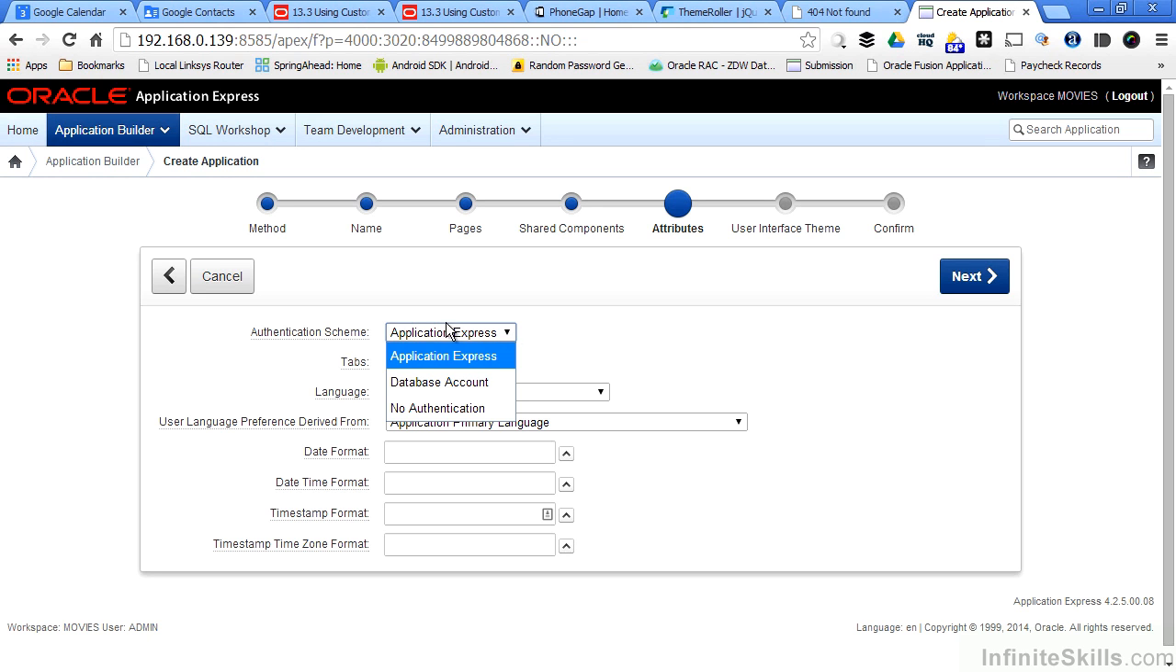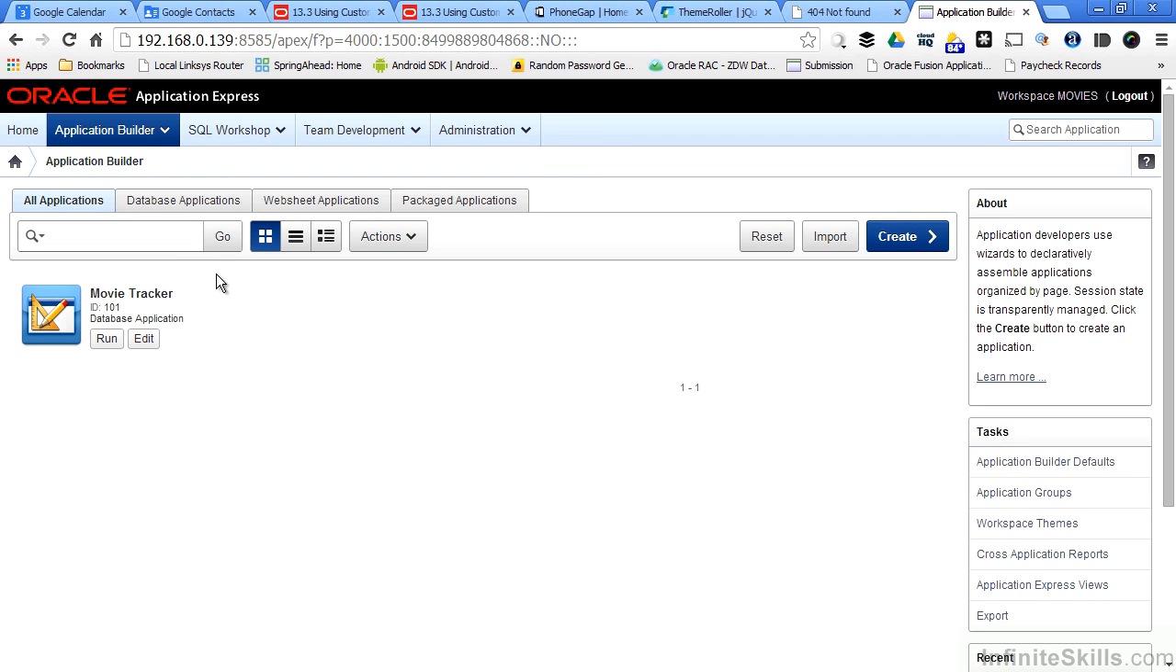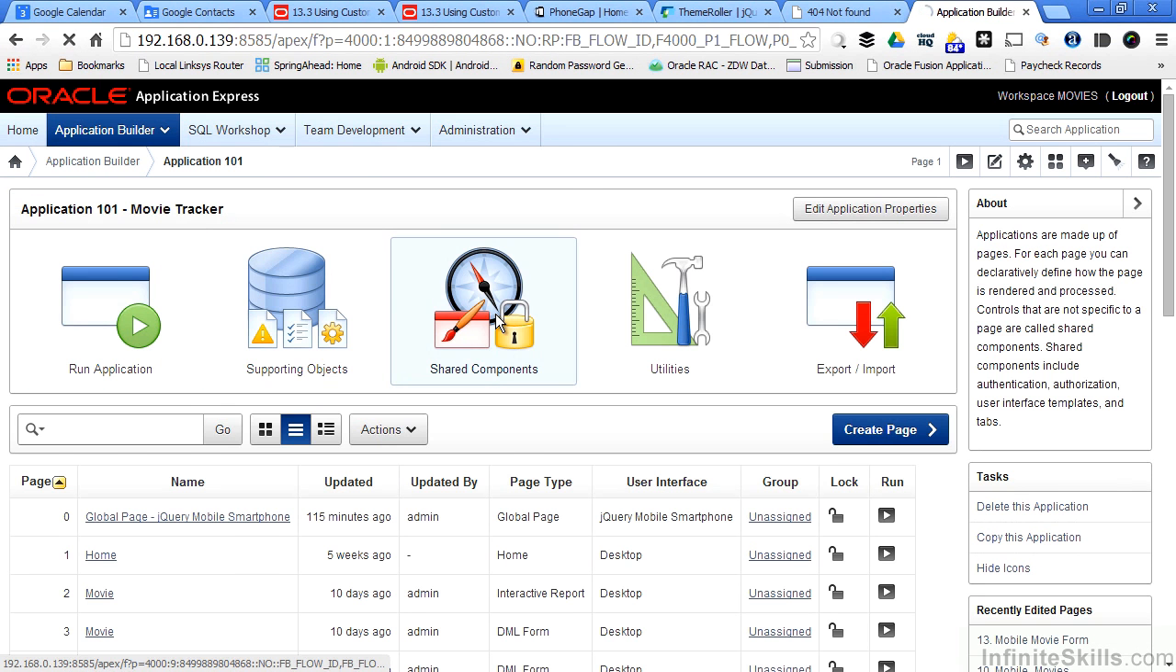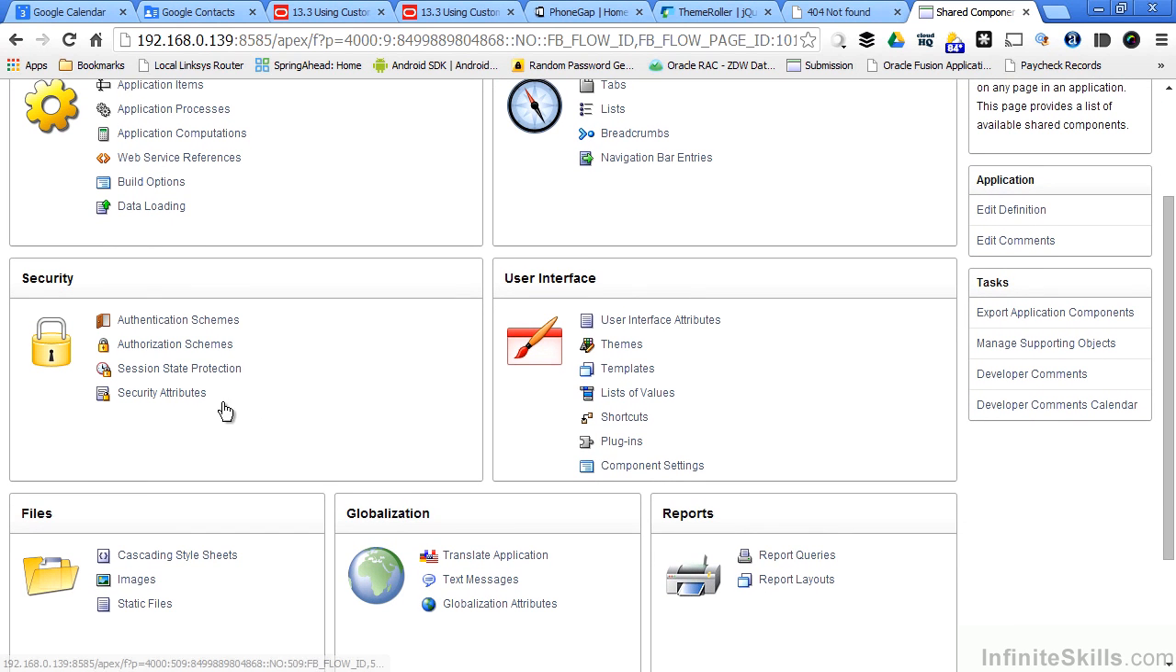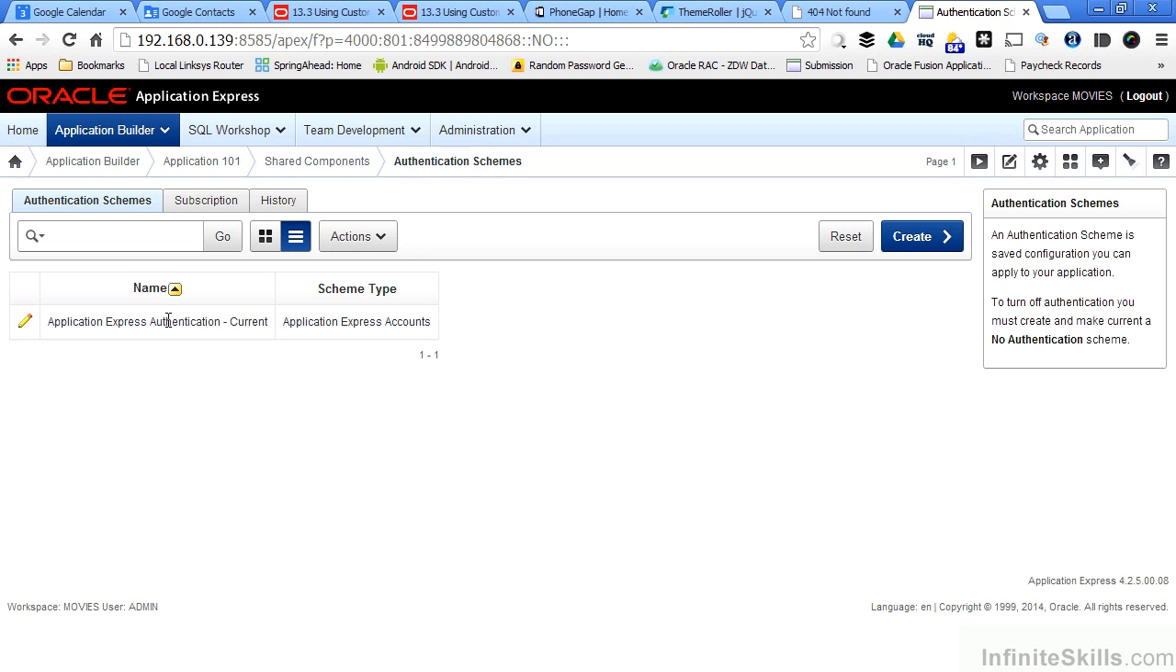for my applications. I'm going to click Cancel, and I'm going to go to the Movie Tracker database that we've been using up to this point. I click on Edit, and then I click on Shared Components. You'll notice that there's a security section here with something called Authentication Schemes. If I click on that, I have the ability to create new authentication schemes that can be used inside this